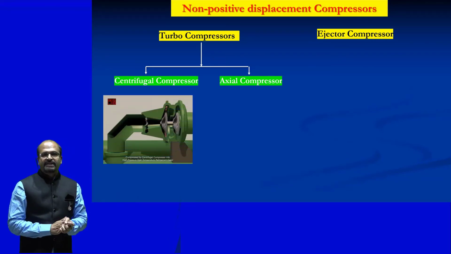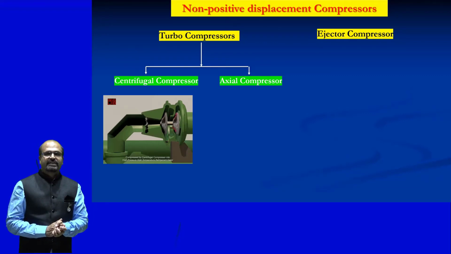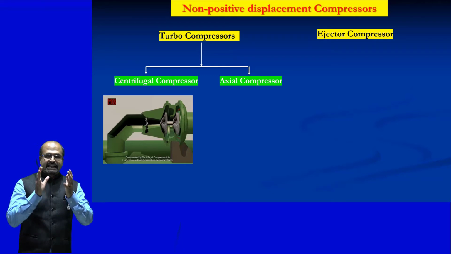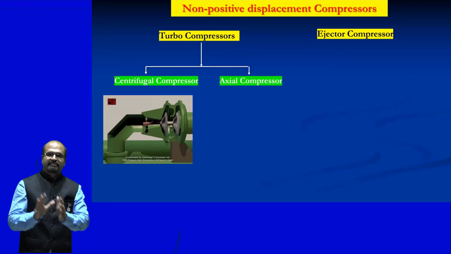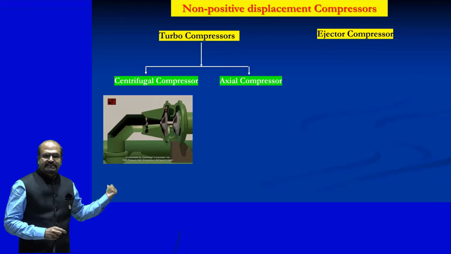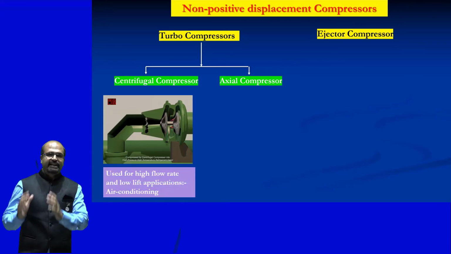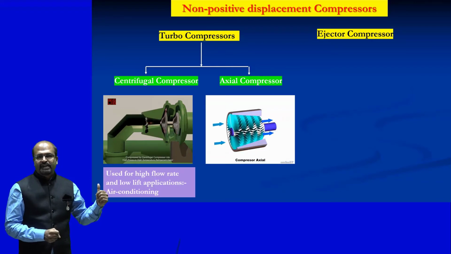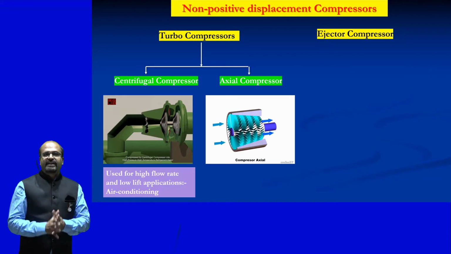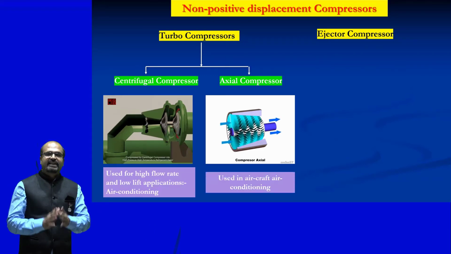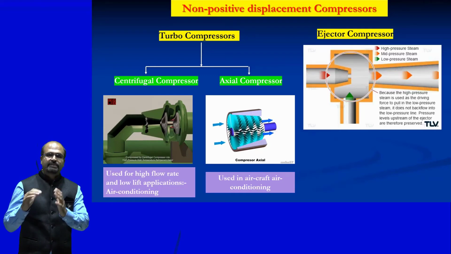In case of centrifugal compressor, refrigerant enters axially. Impeller imparts the kinetic energy to the refrigerant, so the kinetic energy of refrigerant increases. That kinetic energy is converted into pressure energy in the diffuser section of the casing, and the pressure is increased. These compressors are especially suitable for high flow rate and low pressure ratio like air conditioning application. Axial flow compressor, where the refrigerant enters axially and leaves axially. So these compressors are also regarded as high-speed compressors. These compressors are especially used in aircraft industries, where the axial flow compressor is already available for the power generation.